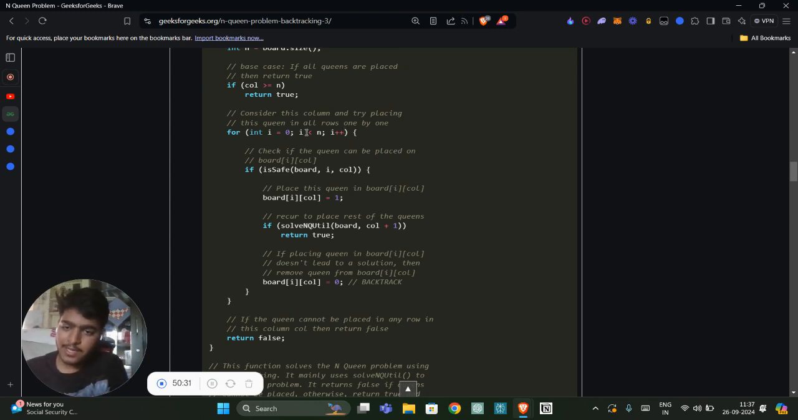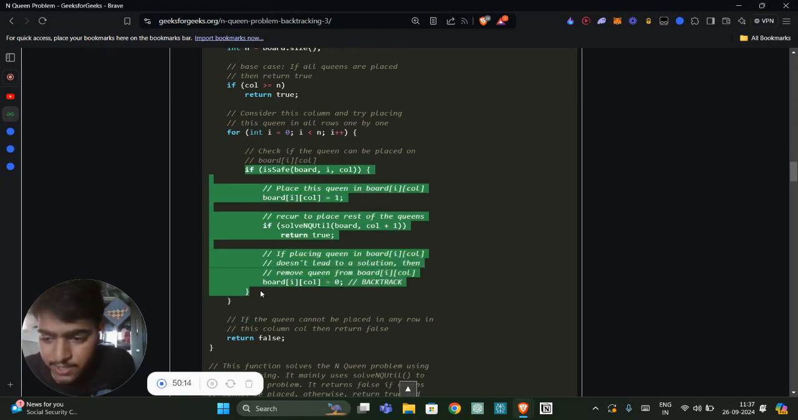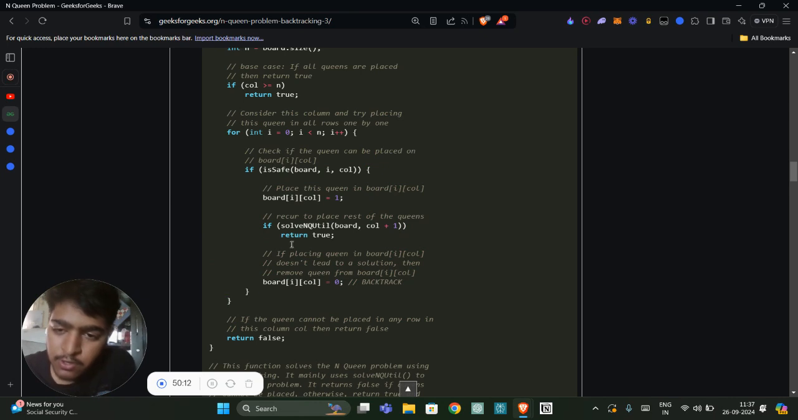So this iterator is actually representing the rows, and this call is actually representing the particular column which we are in currently. For this iteration, we are checking each row in that particular column to see whether it is safe or not. If it is not safe, then we are returning false. It is very clear. But if it is safe,